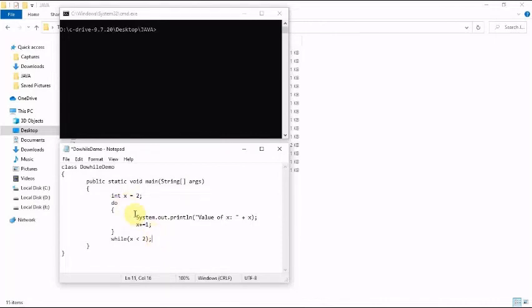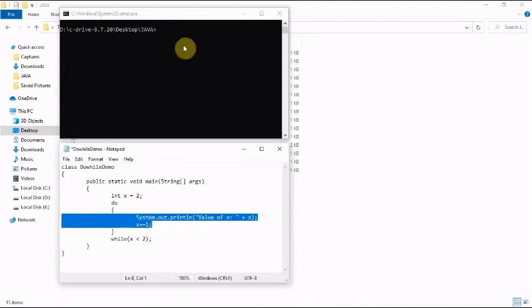Now if you had written this as a while loop, it wouldn't have executed any statement. But once you're doing it in a do while loop, it will execute the statement once, even if the condition given is x less than 2, which is not possible once it is incremented. So even if such a condition is given, it will show the statement at least once.